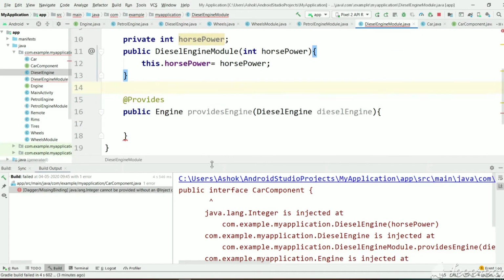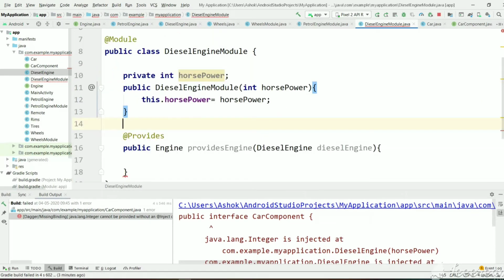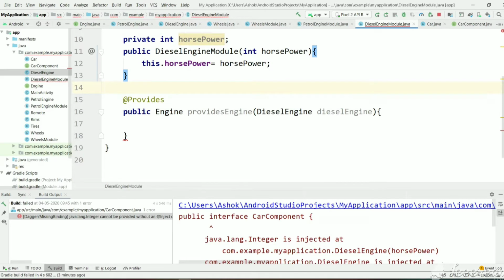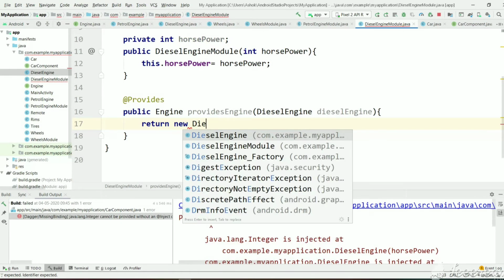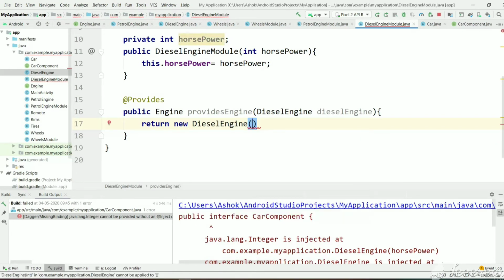Now everyone knows modules are used to create objects of classes, and Dagger can use these objects whenever it wants. And here we will create new diesel engine and return it, and for argument we have horsepower, we will just pass it.